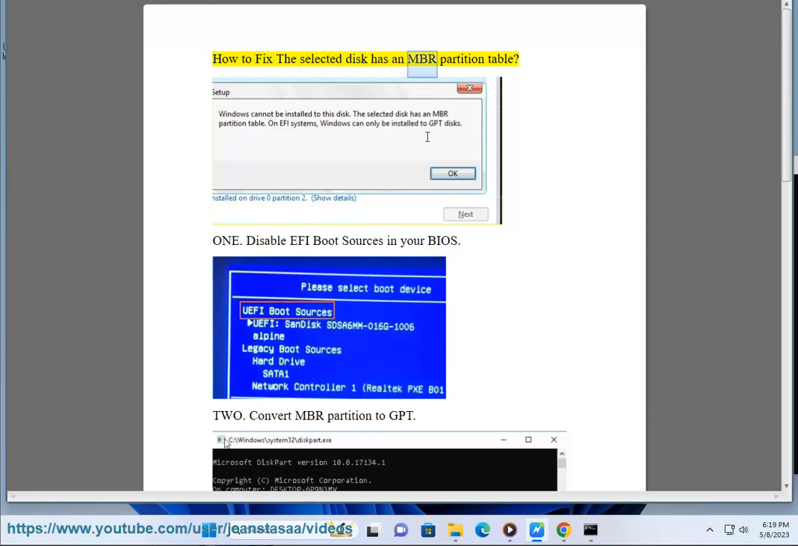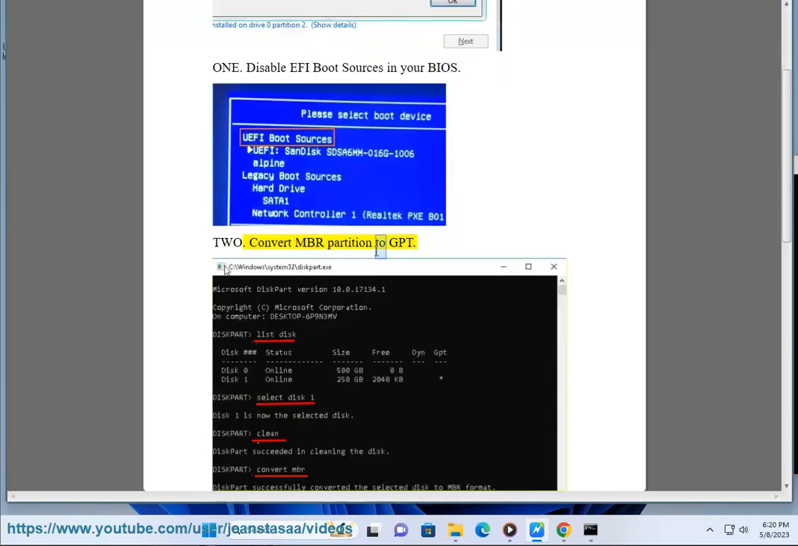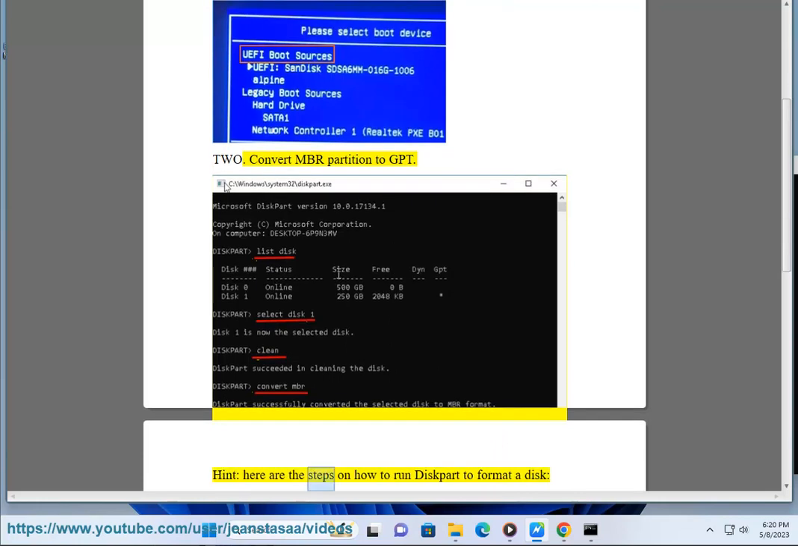How to fix "The selected disk has an MBR partition table." 1. Disable EFI boot sources in your BIOS. 2. Convert MBR partition to GPT. Hint, here are the